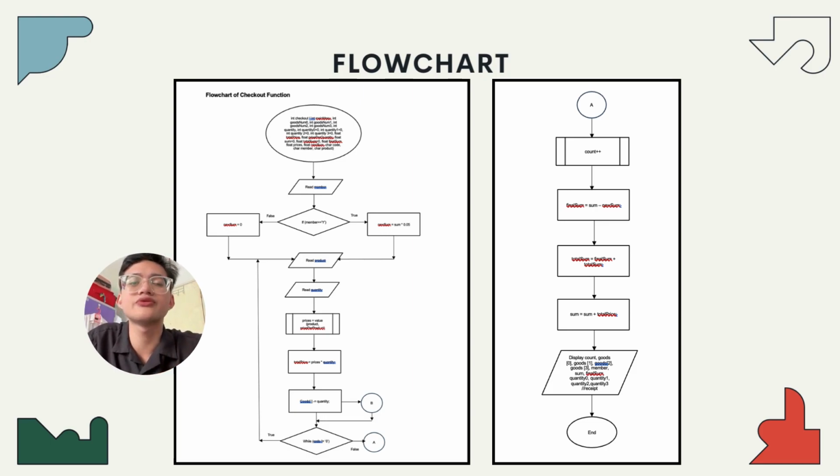After the process has been done, the program will prompt the user to enter a code to determine whether the user wants to continue buying or check out. If the user wants to continue buying, then the program will loop in the checkout function and read the product, read the quantity, and all of that again. If this condition is false, meaning the user wants to check out, then the next process is to